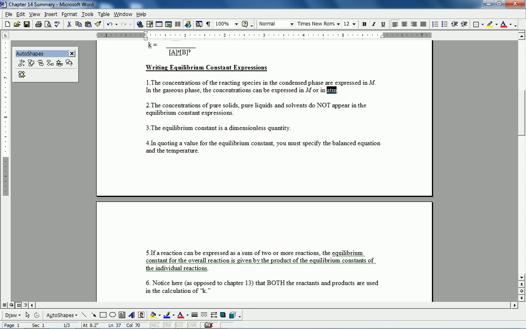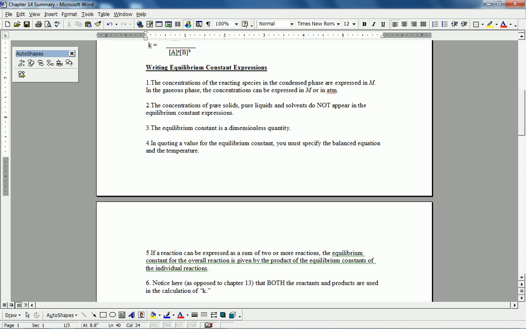The second thing, of course, is that we do look at reactant and product concentrations. However, the concentrations of pure substances, such as solids and liquids, and solvents, do not appear in the equilibrium constant expressions. That means if you see a solid notation or a liquid notation, you will not include that reactant or product in the K expression. Only aqueous and gases should appear. The third